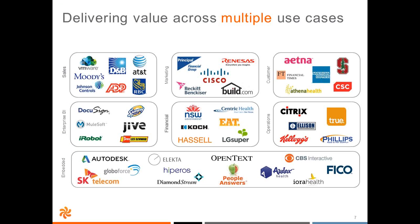Similar to CRM Manager, Birst has customers in a number of different industries. And what I want to highlight about this slide is, first of all, we have organizations in the Fortune 1000, so large enterprise organizations that are using Birst. We also have mid-market organizations as well as small, medium businesses that use our product. We are a general-purpose business intelligence tool, and what that means is you can use us with any data in any industry. So you'll see that there are organizations using us to report on sales, marketing information, customer data, operations,